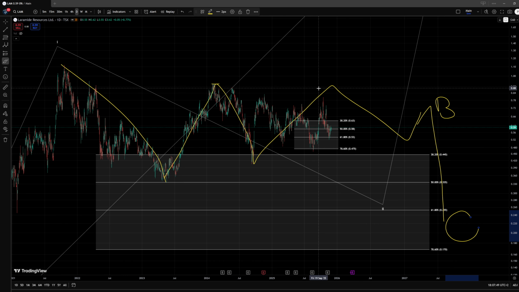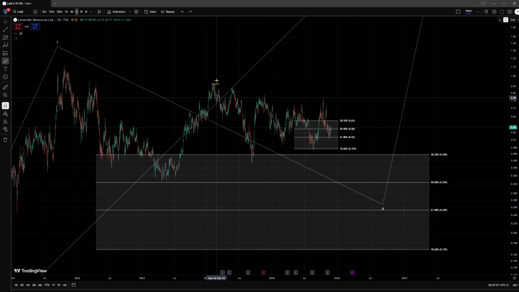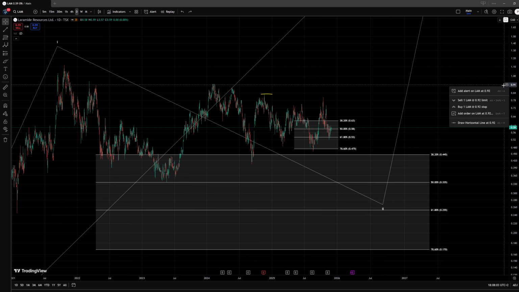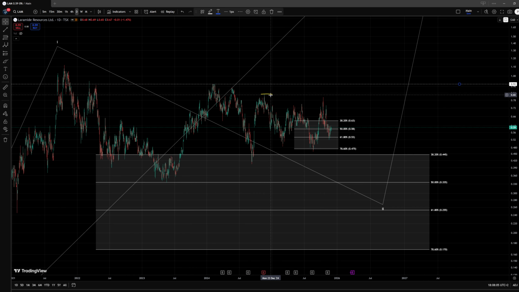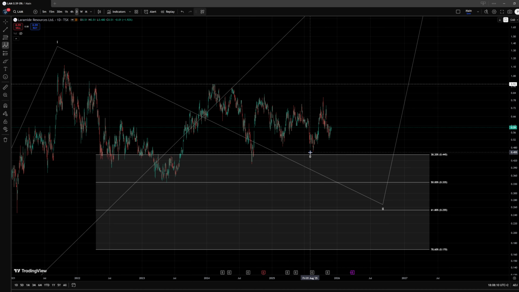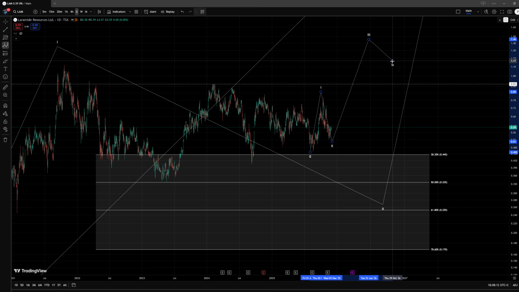So it wouldn't be enough for me to determine that this correction is complete to break above this high. Clearly not this high, and then not this high, but this one. The 92 cent level is very important for me to see broken as a signal that this structure is going to succeed. Now, the latest area of support that we can track here is a possible internal 1-2